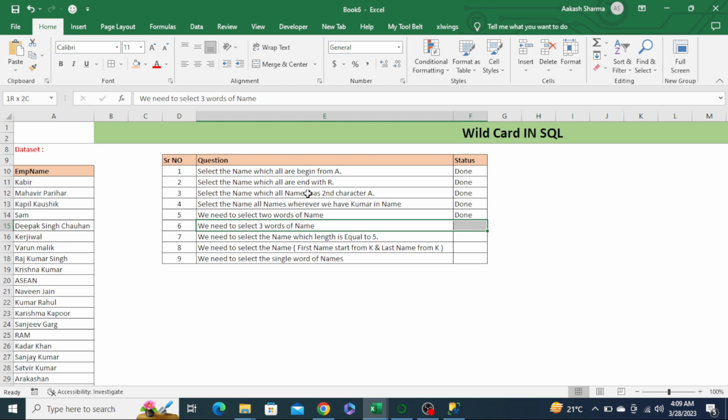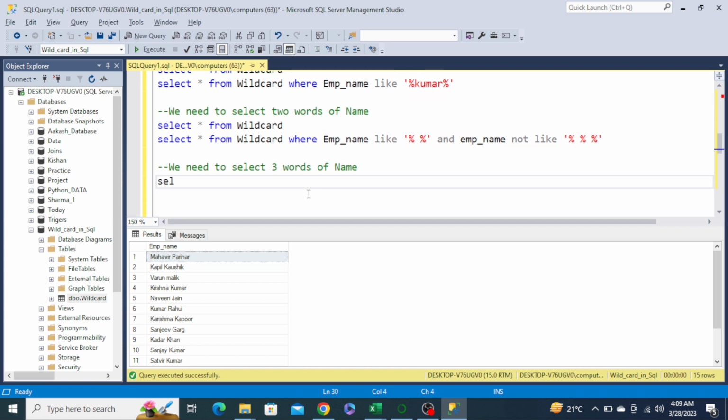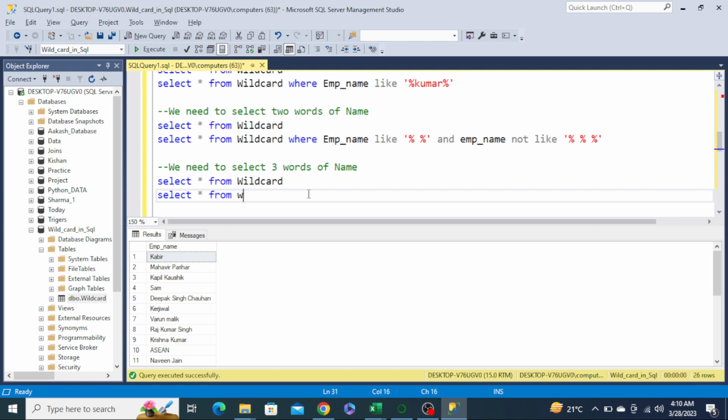In the fifth question, we selected two words of a name. In the sixth question, we have to select three words of a name. So I will copy and paste. What I will select is star from Wildcard. If you look at my list, I also have names with three words. Now I need to select only those names which have three words, right? So I will write my command like this: select star from Wildcard, where